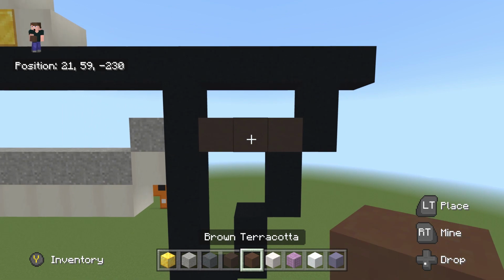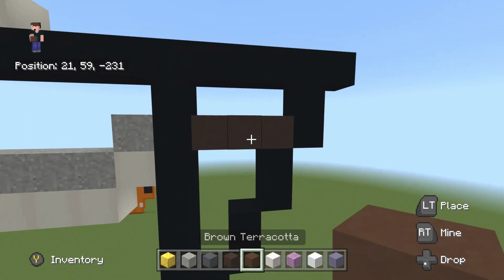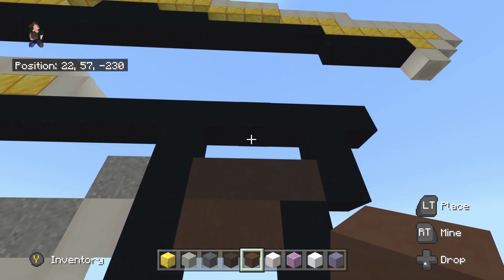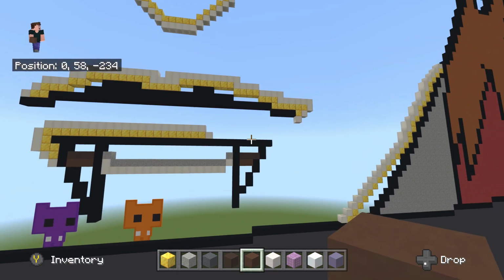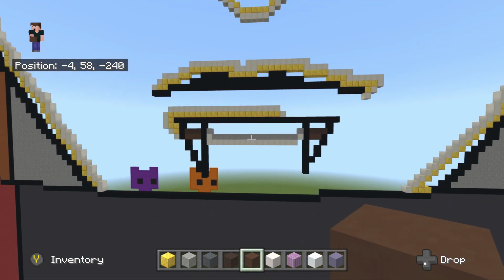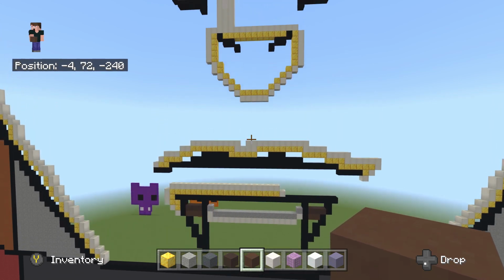And then taking out your brown terracotta, once again going underneath the grey terracotta. And there you go. So again, brown terracotta is going to go underneath in those sections and grey terracotta is going to go above. Once we've done this, we're now going to fly over to the right ear